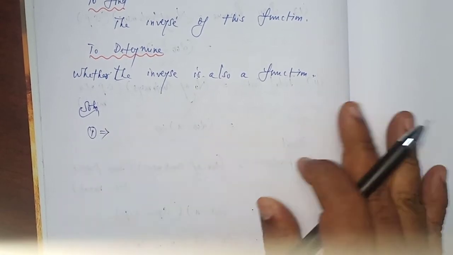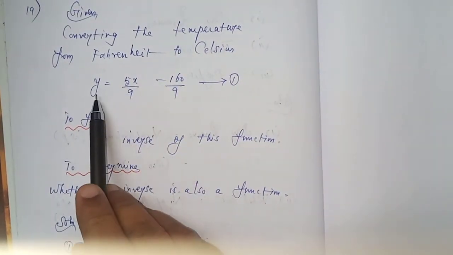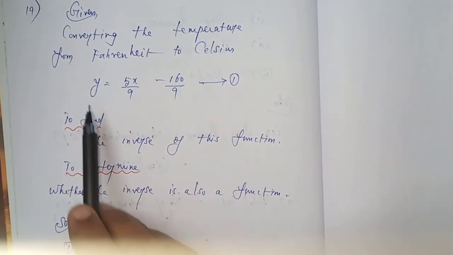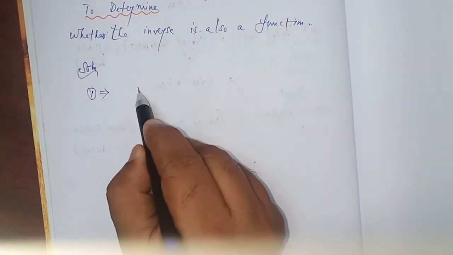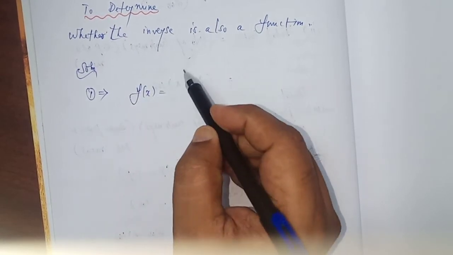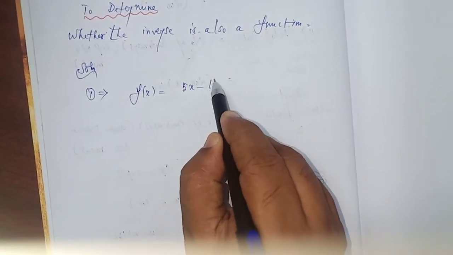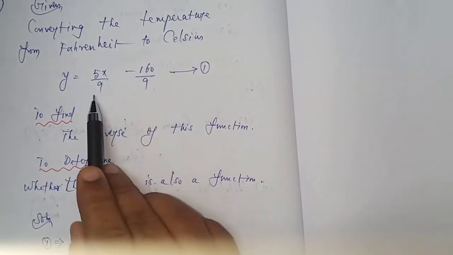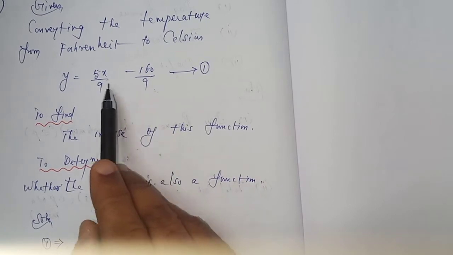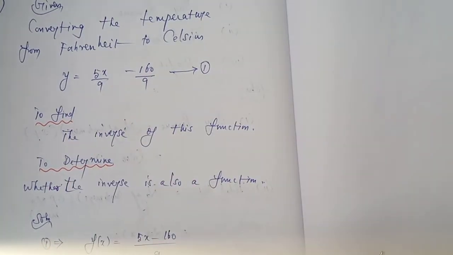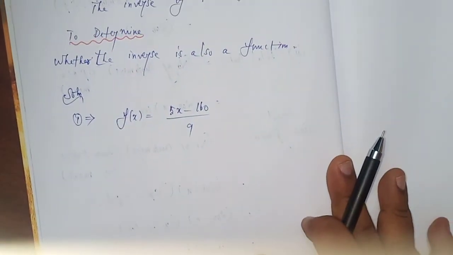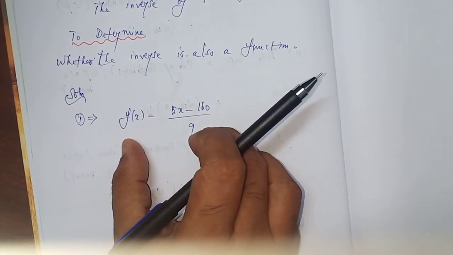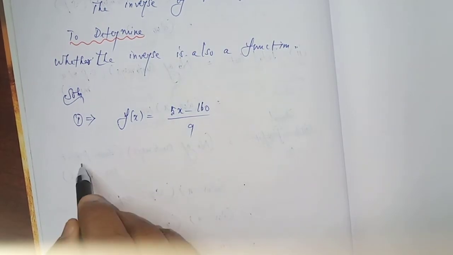In equation number 1 we have y on the left hand side, y in terms of x, so y can be replaced by f of x. Y and f of x are the same. Here, 5x minus 160 divided by 9, because 9 is the common denominator, so you can write 5x minus 160 whole divided by 9. To find the inverse of this function, from this equation you have to find x, which implies